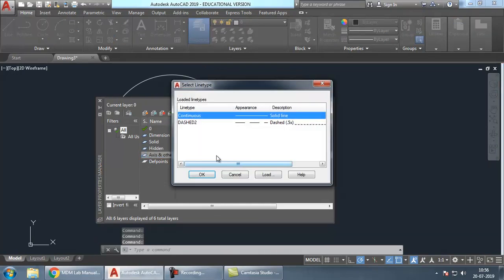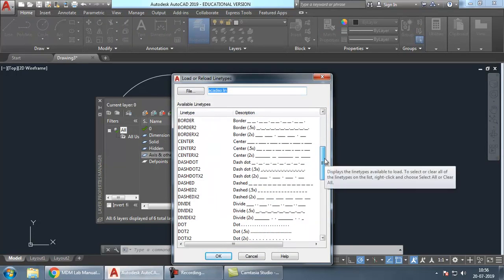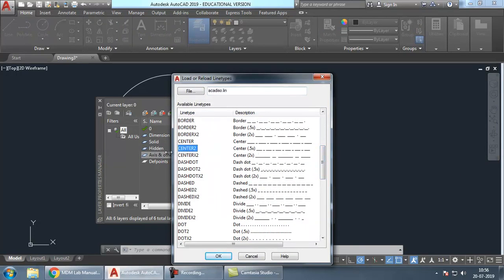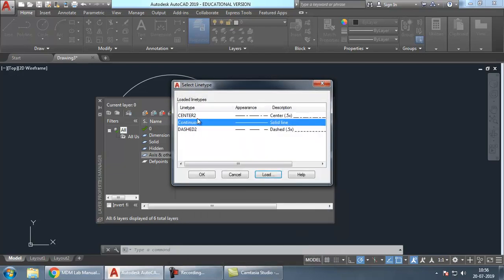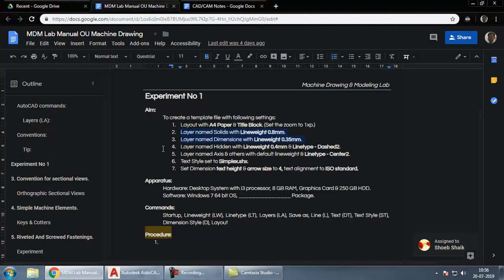And line type I will change it. So now I need center line type. Again I have to load it. It's not available directly. So center 2. This is the line type, which is convenient. For metric system, this is the best which you can choose. Again choose center. Okay. Now all the settings have been saved. So all these layers we have created. Axis also we have created. So 4 layers we have created.